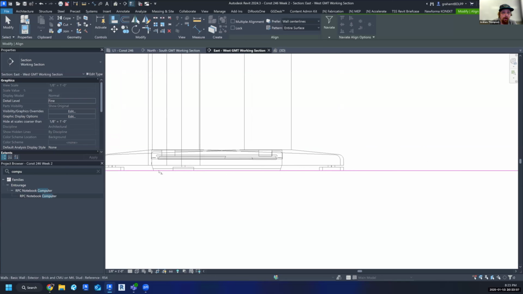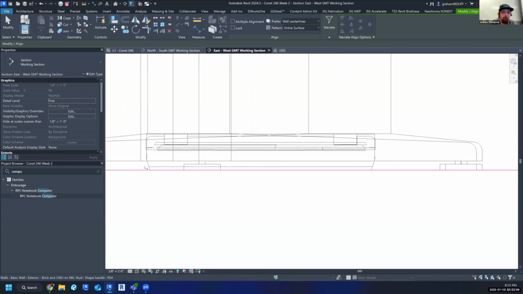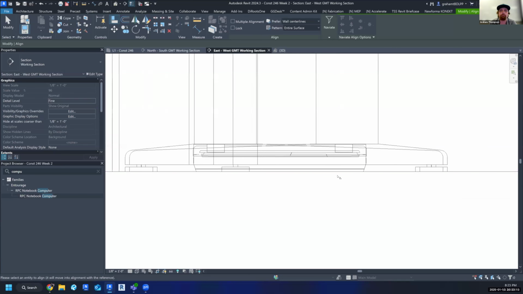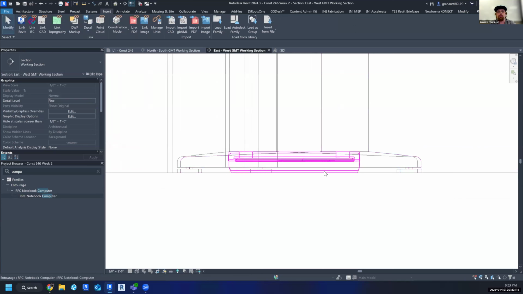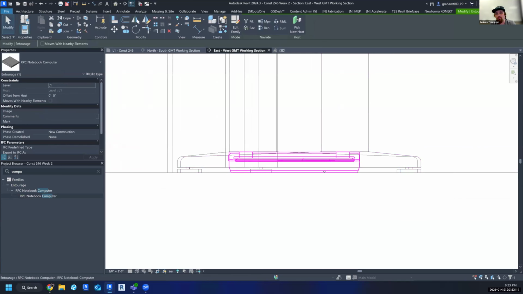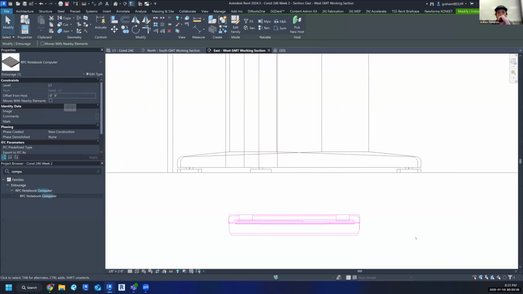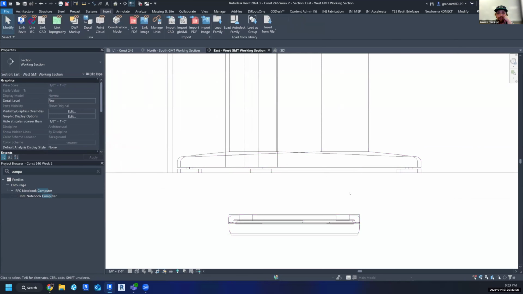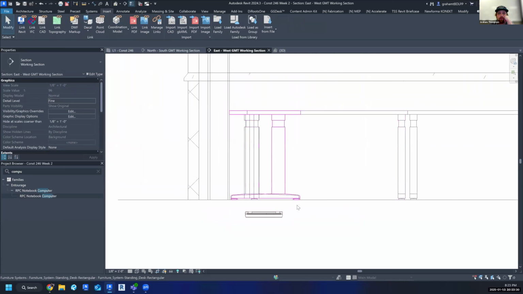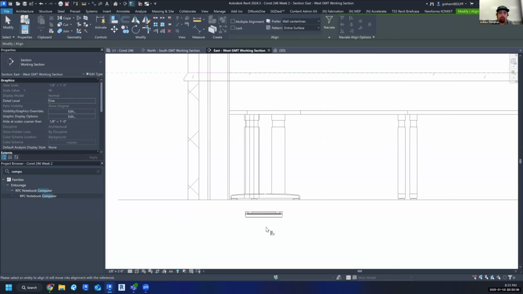It's not popping up. Just the bottom line of the laptop is coming up, right? We're seeing this whole thing. So sometimes in order to use your align tool, you have to move it. So this time I'm just going to move it down into the blank space. I'm just going to drop it down 6 inches, right? Now that it's 6 inches away from the reference level, I have nothing obstructing it. So when I go to try to align this,